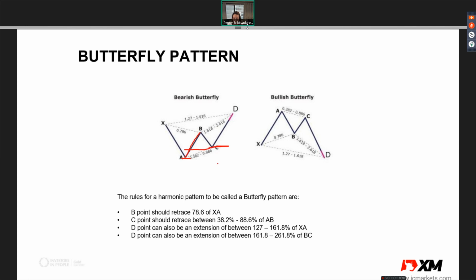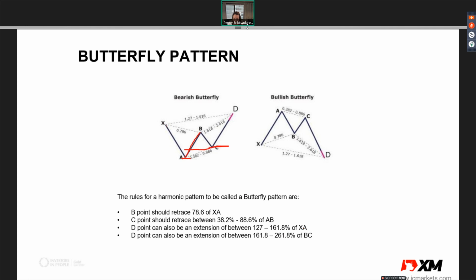So it could retrace 38.2%, it could be 50%, 61.8%, up to 88.6% of AB. Then you will get the C leg. Okay, the D point, how do you get the D point? You can draw Fibo from XA, and then you get the D point, which is an extension of